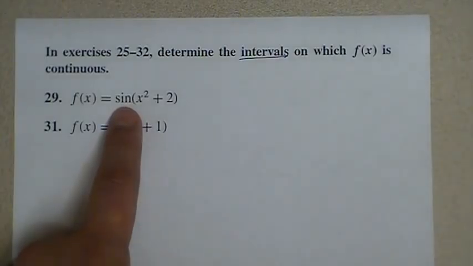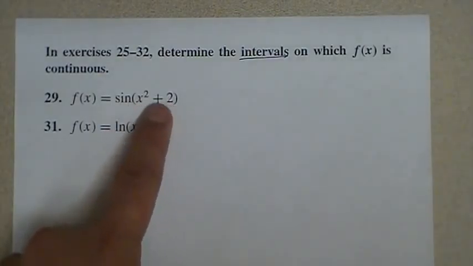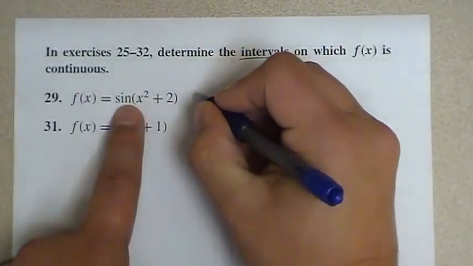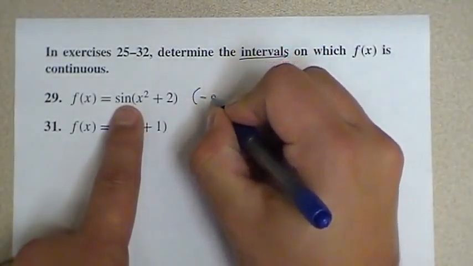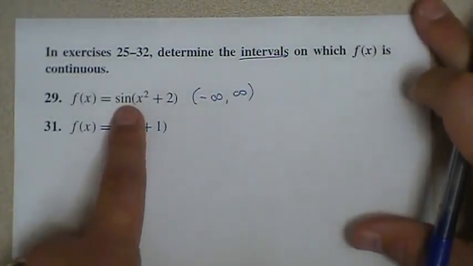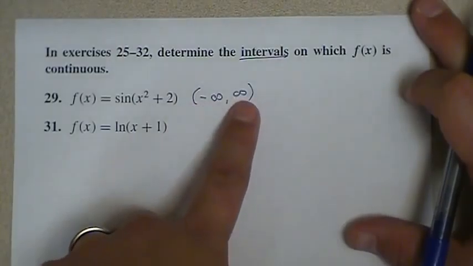I can take the sine of a negative, I can take the sine of a positive, I can take the sine of 0. I have a continuous function here. It's within another continuous function. Number 29 is continuous for every single value of x. And the way that we would denote that in interval notation would just be from negative infinity up to positive